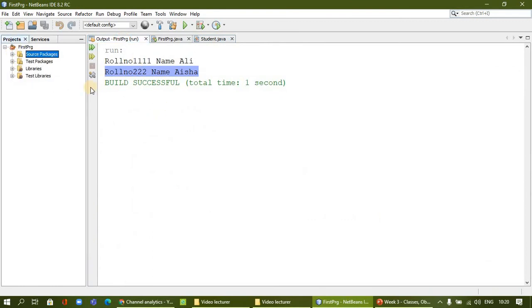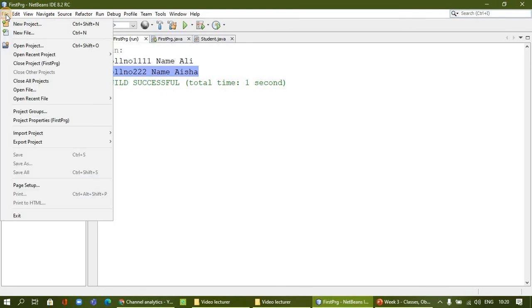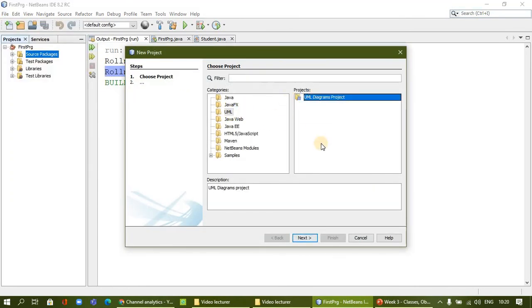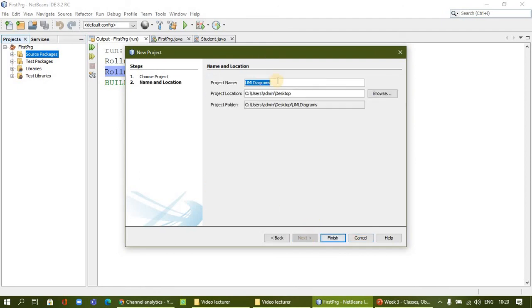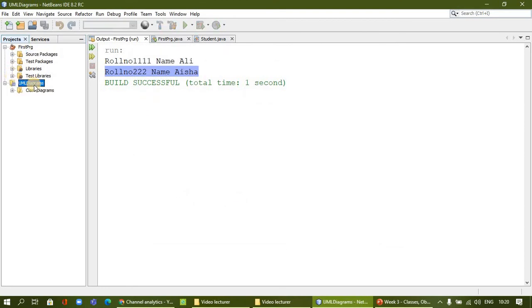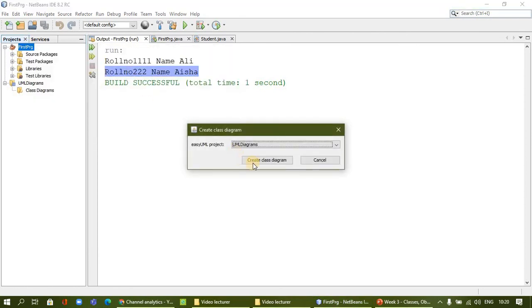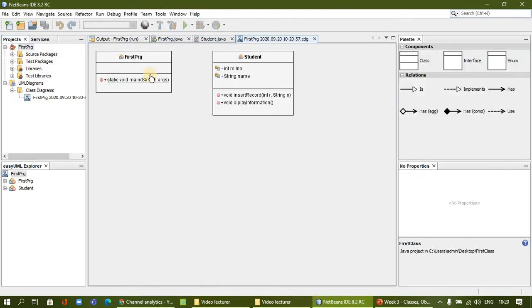And now I will show the UML diagram. So I'm going to start a new project in which I'm going to select UML project here, and you can give any name. I'm keeping it as it is by default. I'm going to say finish. One more project is created here for our class diagram. We don't have any class diagram at present. How do we create a class diagram? So I'm just showing here, right click, and for our project you can call EasyUML here. Just click on create diagram. So it automatically created it based on our declaration, the class declaration and package.